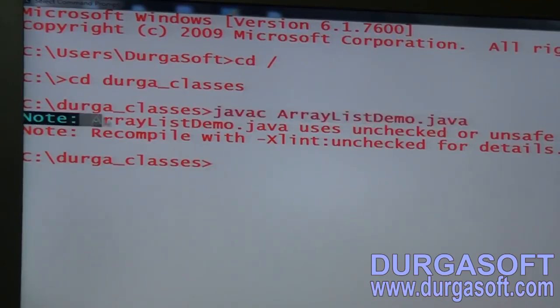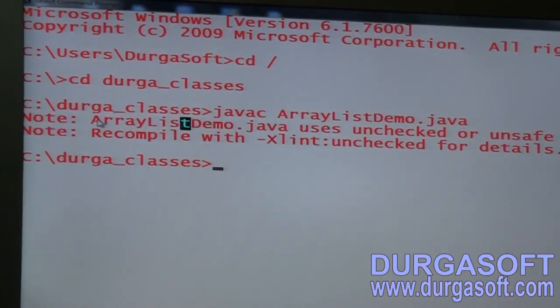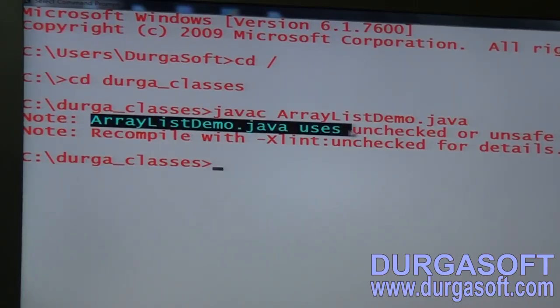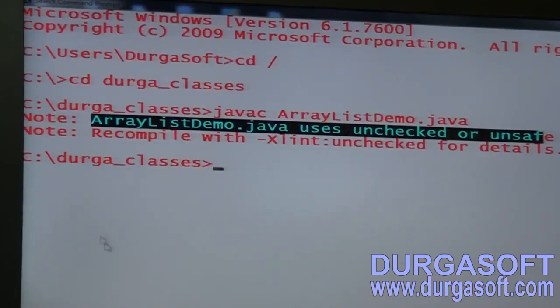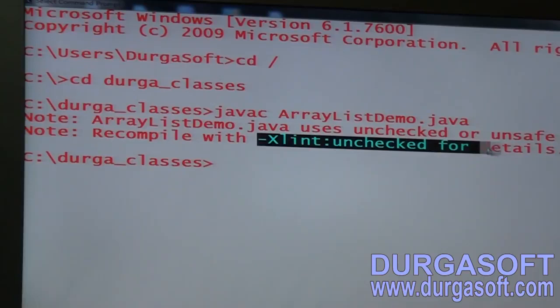Can you please read the note you are getting? What is this note? ArrayListDemo.java uses unchecked or unsafe operations. Recompile with -Xlint:unchecked for details.